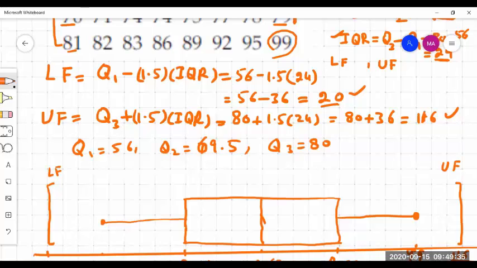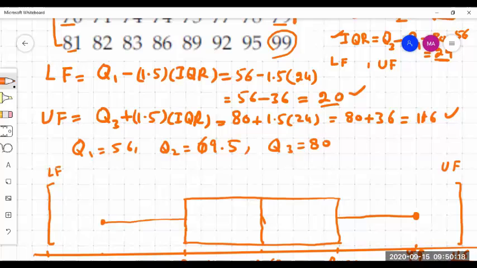Now, for example, if there had been some other value larger than 116, say a value like 130, then we would draw it outside the upper fence. And if some value was lower than 20, we would draw it below the lower fence, and we just mark an asterisk. For example, if we had a value of 10, which is lower than 20, we would just mark an asterisk here, but we don't have it, so we don't mark that. Similarly, if we had a value like 130, which is bigger than 116, we would mark an asterisk on the right side outside the upper fence. Because we don't have them, we don't have any outliers.